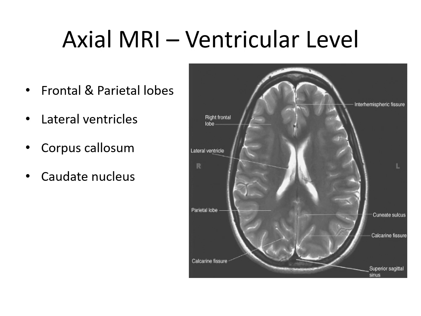Let's begin with the axial MRI section of the brain at ventricular level. What we see at this level is the anterior most part, the frontal lobe, and posteriorly the parietal lobe. This is the anterior horn, body and posterior horn of the lateral ventricle, right and left, and this is the corpus callosum. Anteriorly is the genu and this is the splenium,